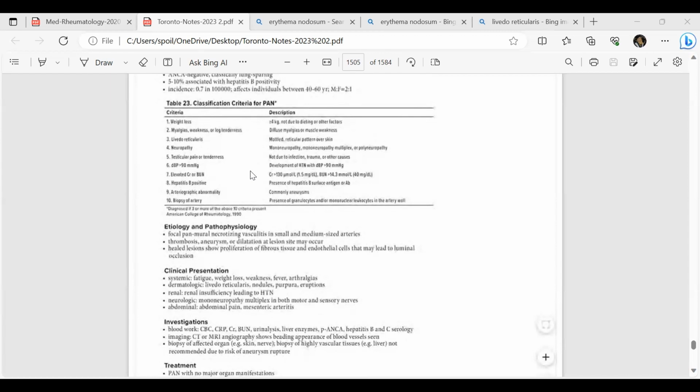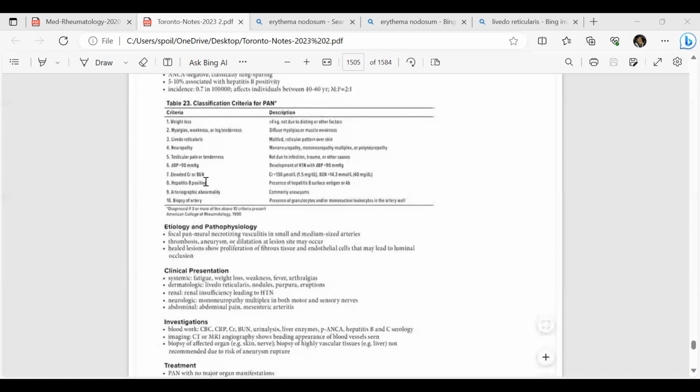Diastolic blood pressure. Your diastolic blood pressure would be greater than 90 mmHg. Yes, it's diastolic BP. Creatinine and urea nitrogen will be greater than 14, and creatinine will be greater than 130. So these are the criteria: weight loss, weakness, livedo reticularis, neuropathy, testicular pain or tenderness, diastolic blood pressure greater than